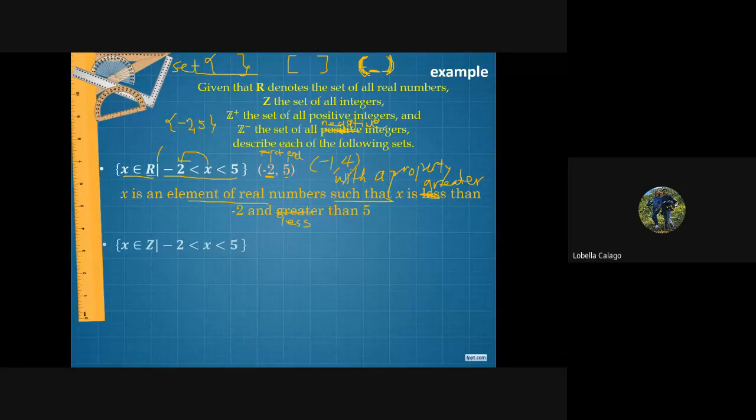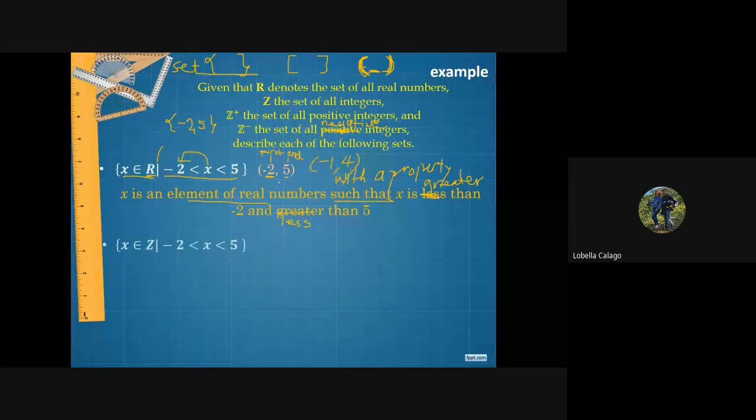Remember, it is a real number, not an integer. Integers are all whole numbers. Real numbers can also include anything, as long as it is not negative 2. So you can have 1.999